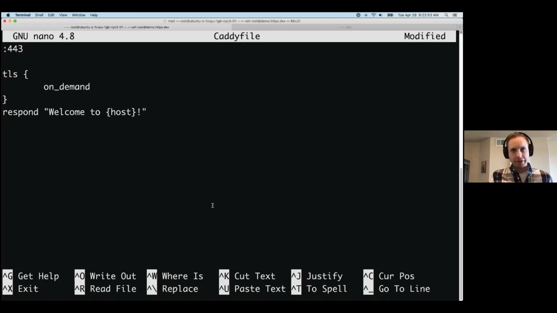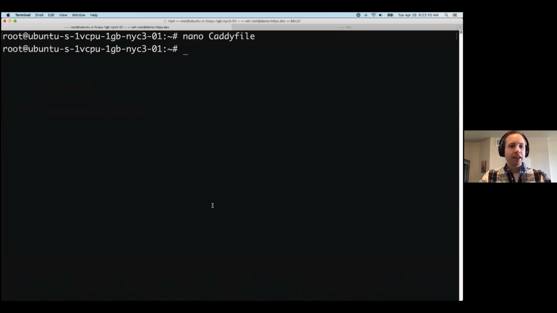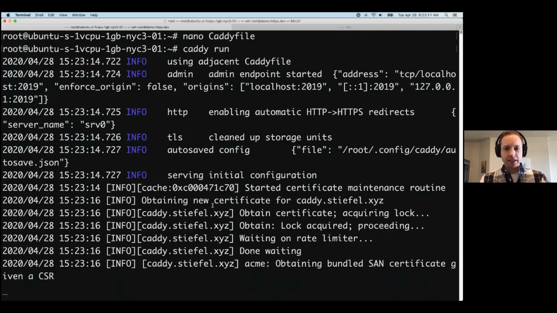And so we strongly recommend anyone deploying this into production actually uses this feature, so that you can check your database and make sure it's a domain name that you're servicing. Otherwise, that could be bad. But for the demo, I'm not going to enable that because it's just for a few minutes here. So then I'm just going to say caddy run. And you'll see that